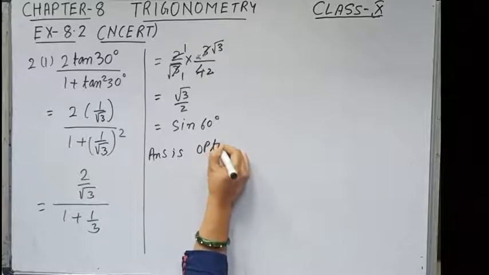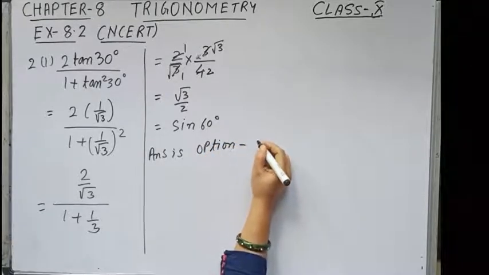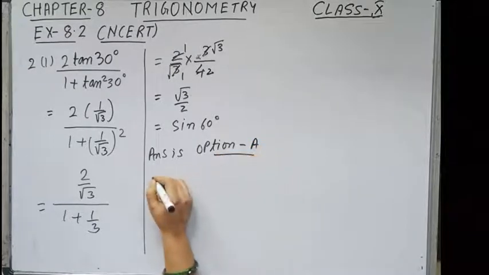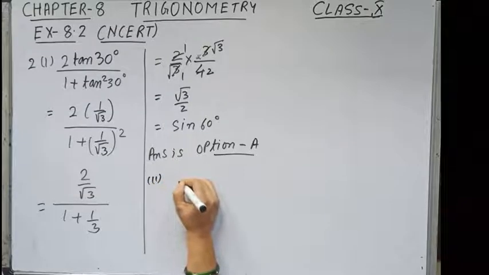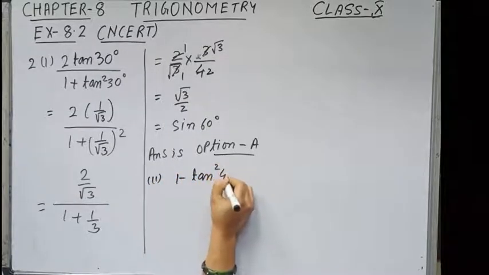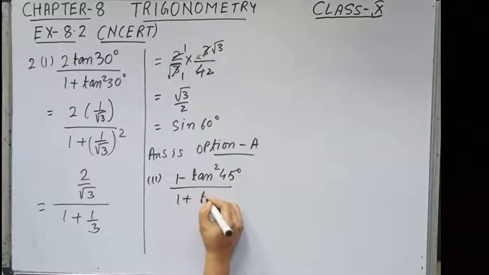option, what is the option number? A. Option A. Now, number 2 is 1 minus tan square 45 degree by 1 plus